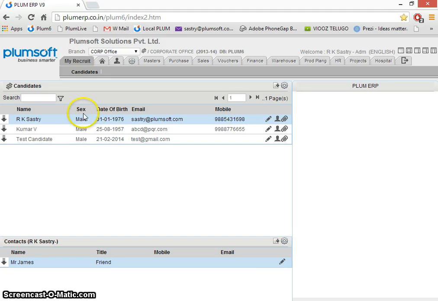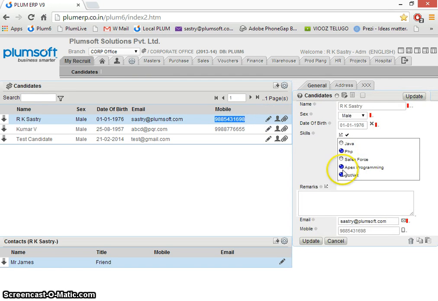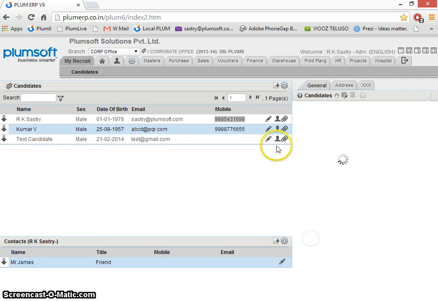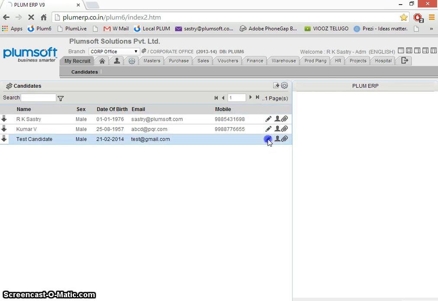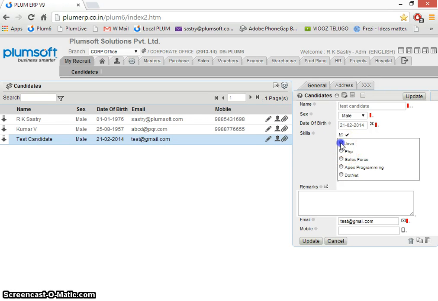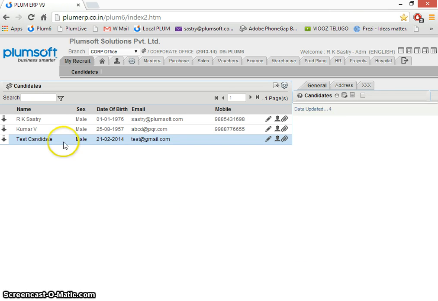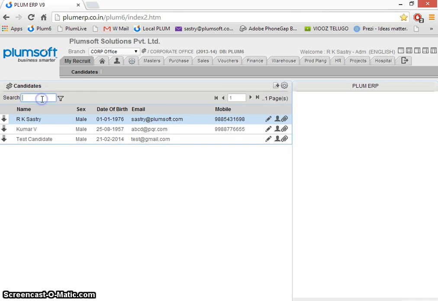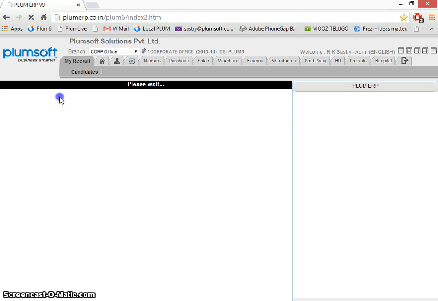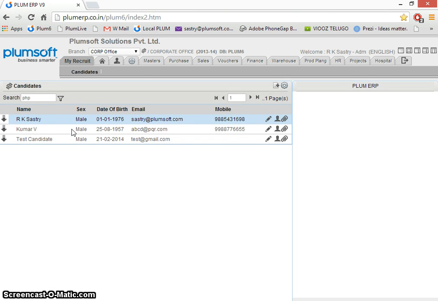Now, let us see the search. Let us edit the first candidate for PHP and .NET or something like that. The second candidate has PHP and Apex programming only, and the third candidate, let us assume that he has all the 5 capabilities. Now, I just type out PHP, and all the people have come.